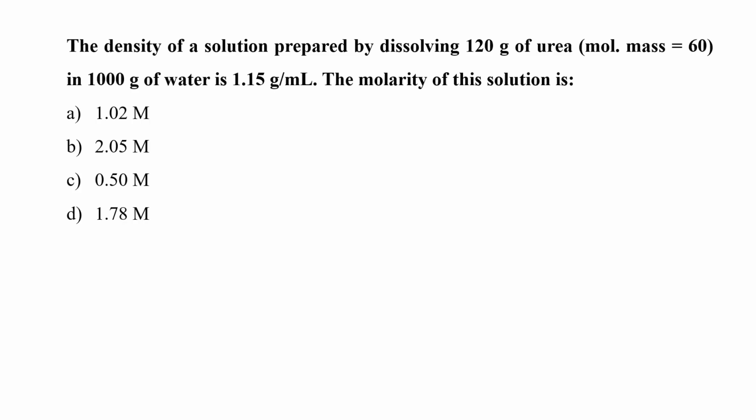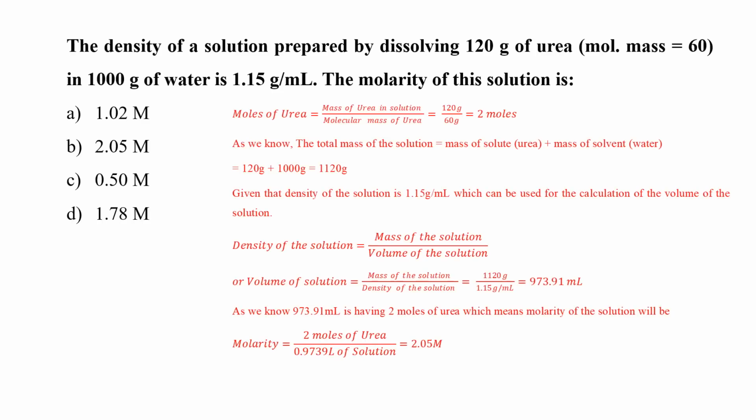The density of a solution prepared by dissolving 120 gram of urea, जिसका molecular mass दे रखा है 60, in 1000 gram of water is 1.15 gram per ml. The molarity of this solution is, तो इसमें बड़ा सिंपल सा है, पहले आपको सॉल्यूट की मोलैरिटी निकालनी होगी, फिर सॉल्यूशन की निकालिए, और उसके बाद अगर आप कैलकुलेट करते हैं तो जो मोलैरिटी है एज पर द सॉल्यूशन, इसका आंसर आएगा 2.05, दैट इज ऑप्शन बी।